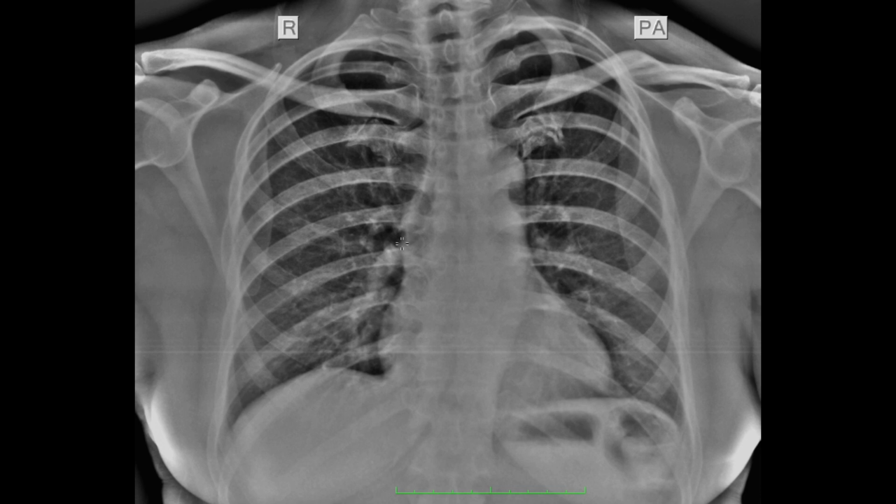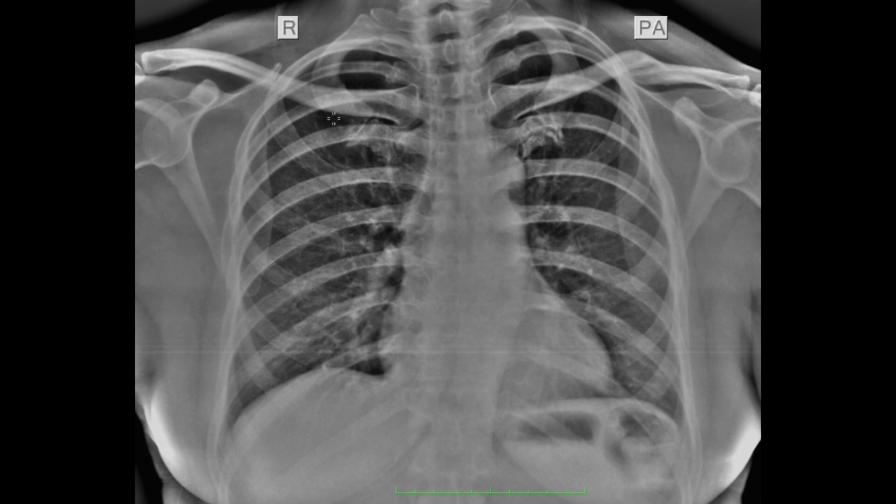Then coming outside, with the inside out approach, we come to the lung fields. Now we divide the lung fields into upper, mid and lower zones. Up to the anterior end of the second rib is the upper zone. From the anterior end of the second to the fourth rib is the mid zone, and below the level of the anterior end of the fourth rib is the lower zone. So in all the three zones, you compare the lucency on either side, you compare the bronchovascular markings on either side, and look for any focal lesion.